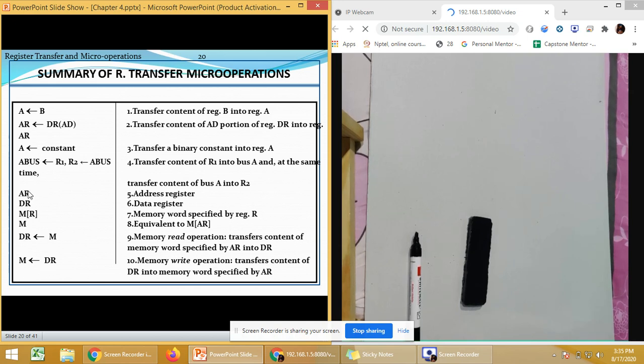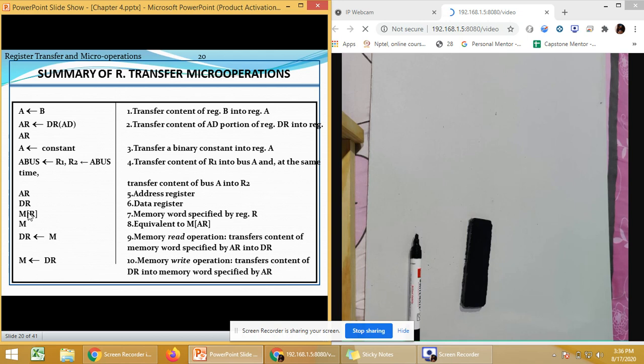AR stores the address. DR stores the data. M[R] is the memory word specified by a register R. Whereas M, when we talk about memory, is actually MAR. So you can write it as MAR, or we can write it as memory only. It is up to you.